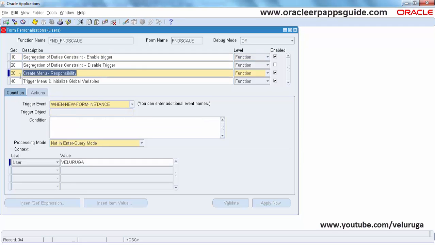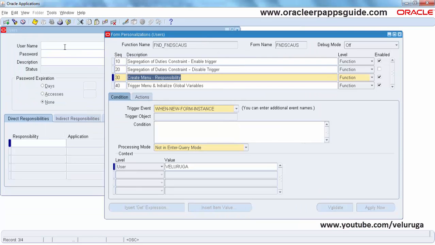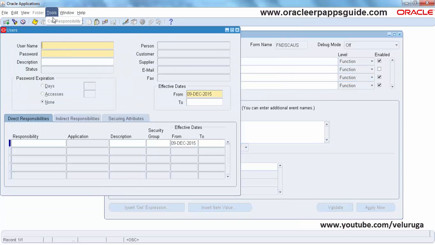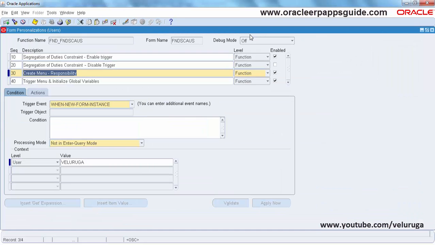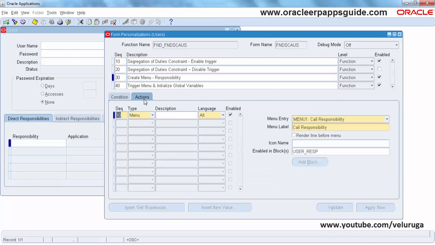So here I have already created the form personalization. First we are creating the menu and then the menu trigger event. So first we are creating the menu for the responsibility which is appearing in the tools. So tools called responsibility, this is the menu which we created in the sequence 30. So this will trigger in the new form instance and this will be applicable only to one user. And then the action, we are creating the type as menu